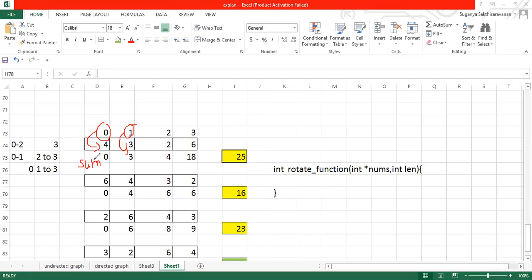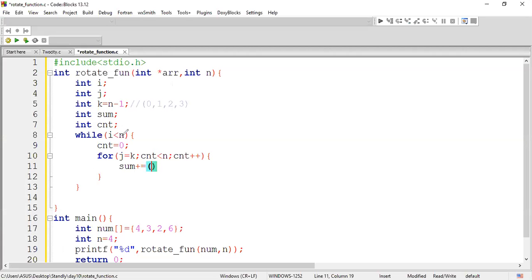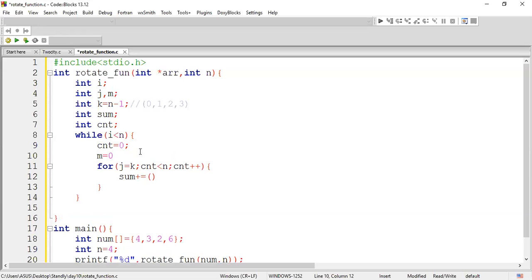So here I made this value an array, right? This is the array, so we can access these elements as an array. Now we should be concerned about how to access this index position. Since I've used my i value as the number of iterations and the j value, I've just started with my k value. I'm going to declare one more variable called m, and let your m value be 0. This is for the manipulation, the multiplication operation I'm going to do, right? So the index value is dealt with m into array of j.